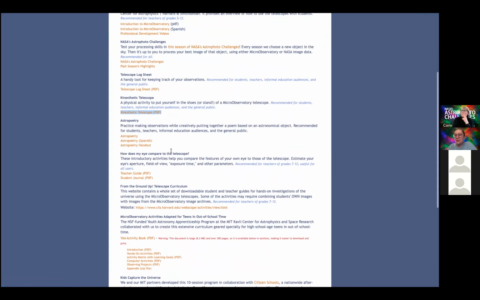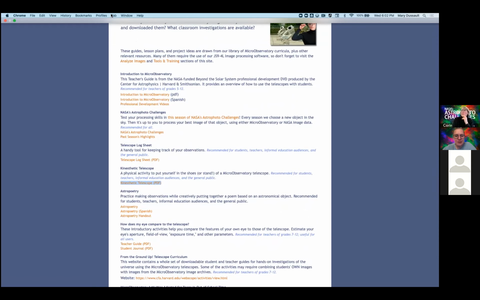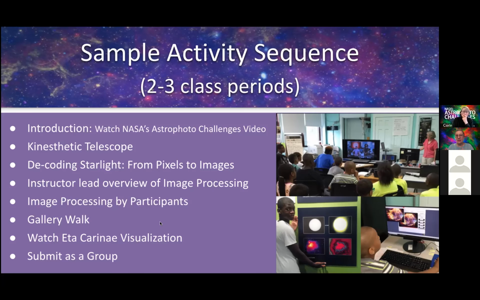If you've got some opportunities to get creative, Astropoetry there is a really great extension to help students start diving in and describing what they're seeing. It's a really great opportunity to do that. But back to the main sequence of activities that we think puts together a great 2 to 3 activity sequence